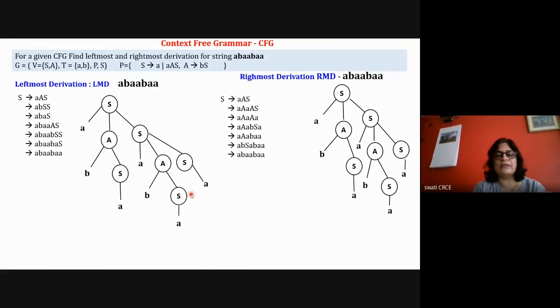First, you solve S. You can assume here S and A as the equal to symbol, multiply symbol, plus or minus. So if A is equal to multiplication, then it will be B into A. And if this S is equal to plus, then it will be B plus this particular value, and then this particular value. So like this, it will identify, and it will be able to execute the statement correctly.